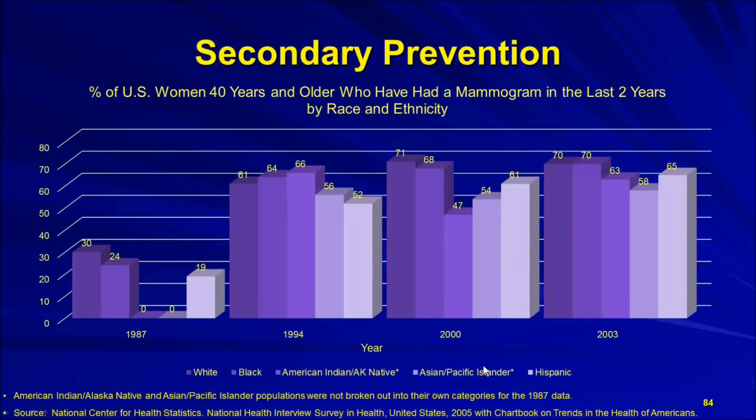Now, I know the order switches in here somewhat. The order switches, except in 1994. The data is incomplete in 1987 to make any sense of that, as I've mentioned before. But this is what I'm trying to do. I'm trying to demonstrate a couple of things. You're looking at trends of data, and that's something that you always want to do. And secondly, you're trying to identify a target population, and you can go through and probably do a better job of summary than I have just done for you.